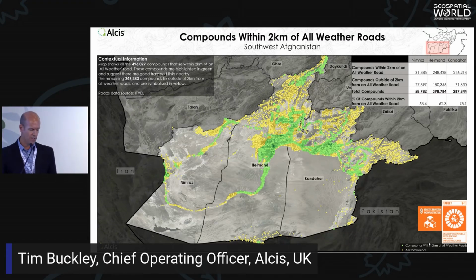So we undertook a project. We recruited about 15 local guys who had an interest in technology and GIS. We trained them in how to use ArcGIS, how to use satellite imagery, and we then set about digitizing 4.4 million compounds across the country. And that gave us this really accurate picture. And then when you've got that accurate population data, you can then do something with it. And this is just one of those examples where we're looking at where the people are in relation to the roads.